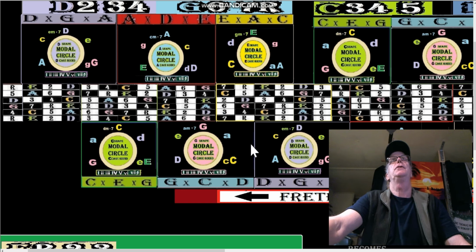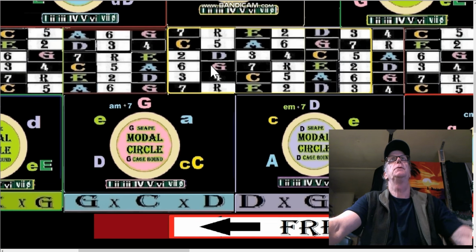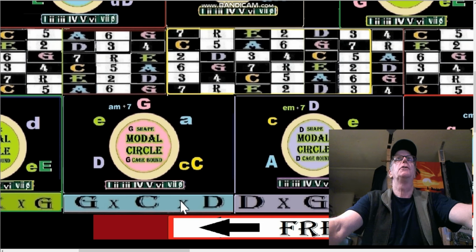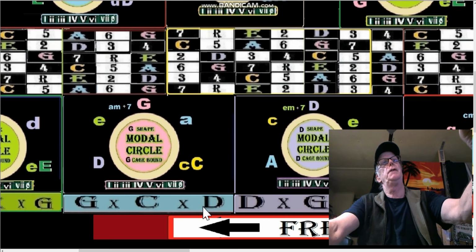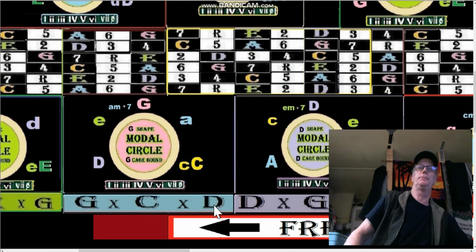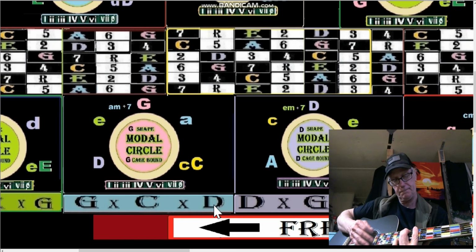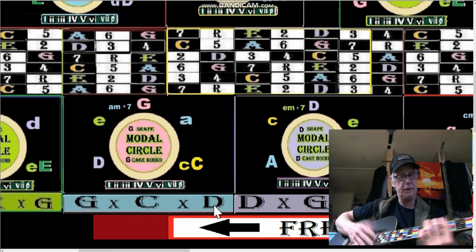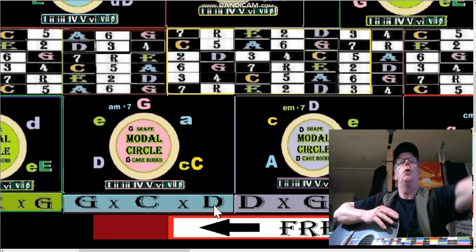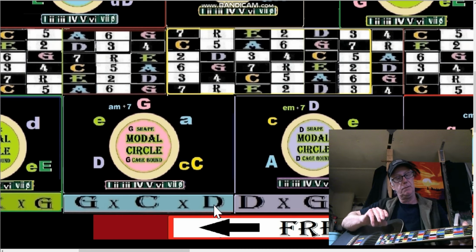Okay, so let's just look at the G shape here. Here would be your G box, G cross C cross D, 1, 4, 5, G shape to C shape to D shape. So we would play our G shape C, or we could do it open in the key of G. So we just